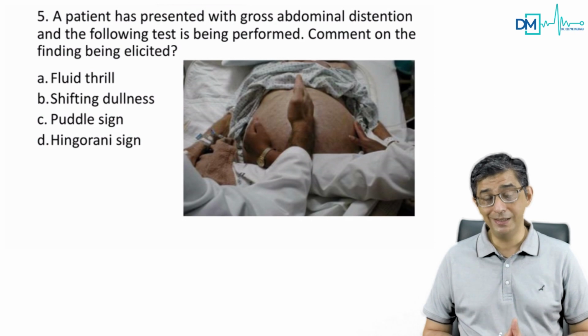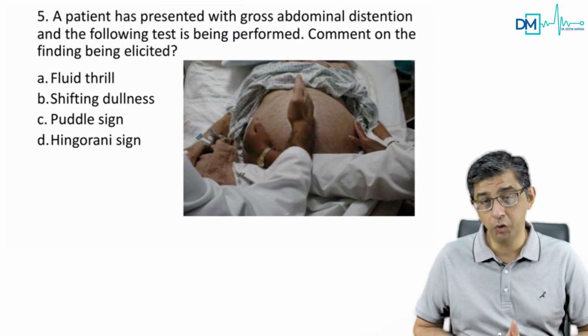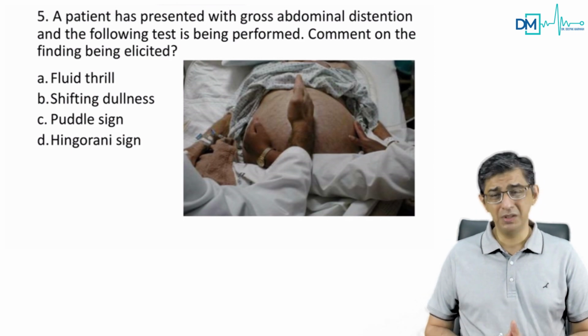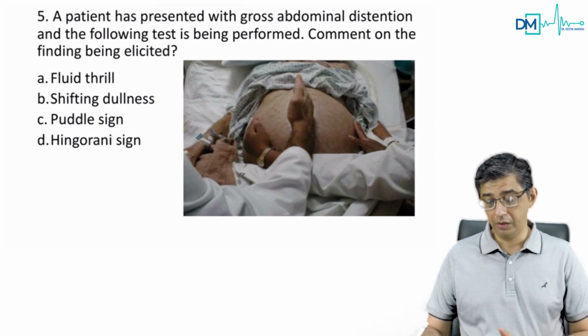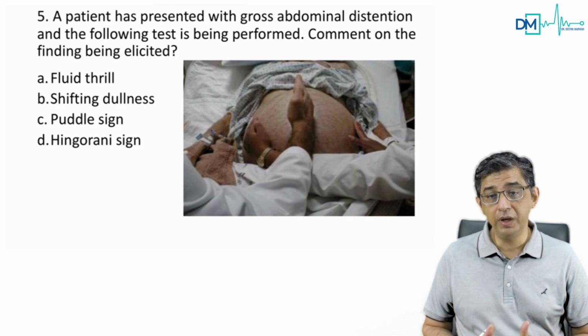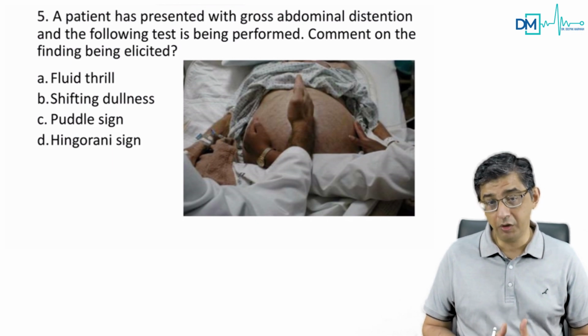So it's a nasty disease and should be picked up by checking for catecholamines in the urine or metanephrine in the urine. Moving to the next question, this was, I think, a straightforward one. You can see one doctor keeping a hand in the middle and another doctor trying to check for the free fluid in the abdomen. You see, this patient is basically having ascites, and what are we talking about here?